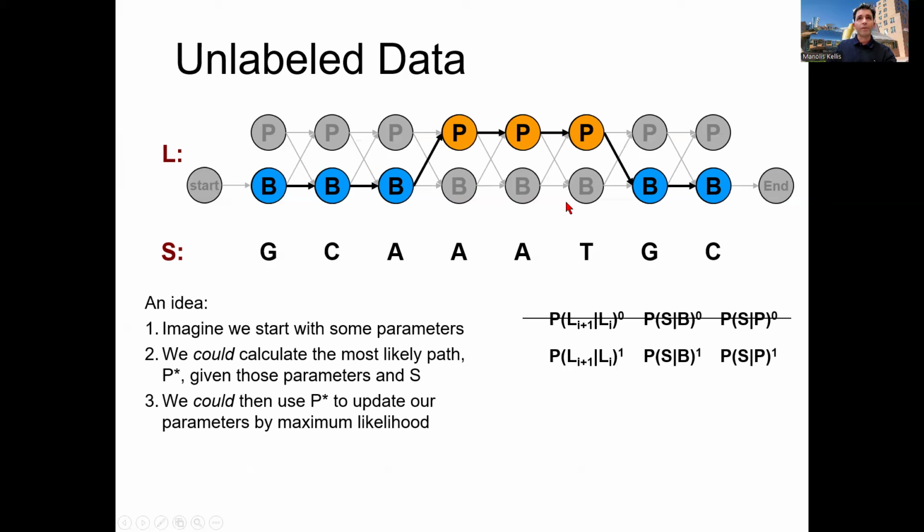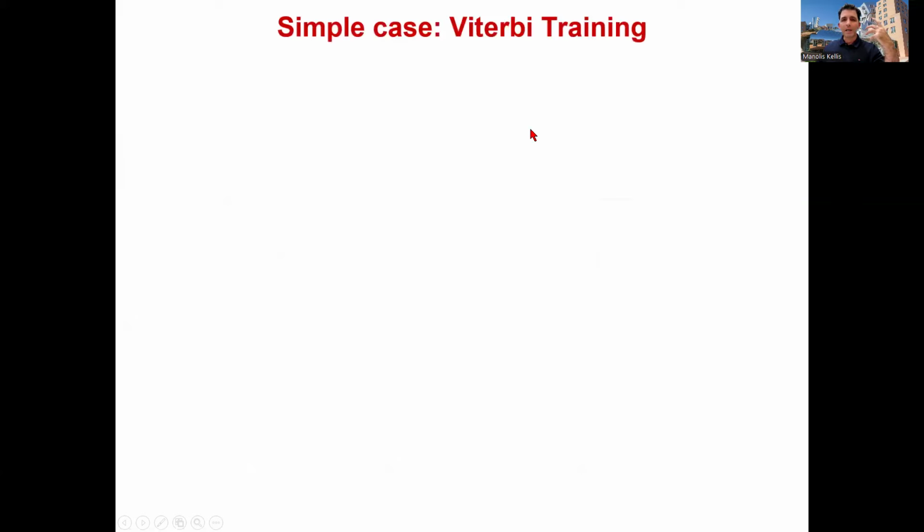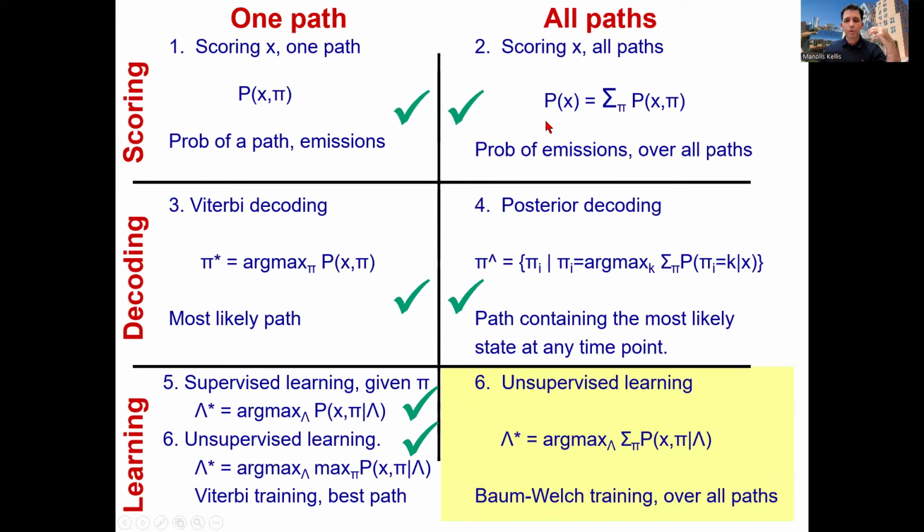And when I have the annotation, I can just pretend this was the labels that I was given and simply count the parameters the same way that I would in labeled data. Is everybody with me here? So basically the trick is that I'm going to now go back and forth, and I will estimate